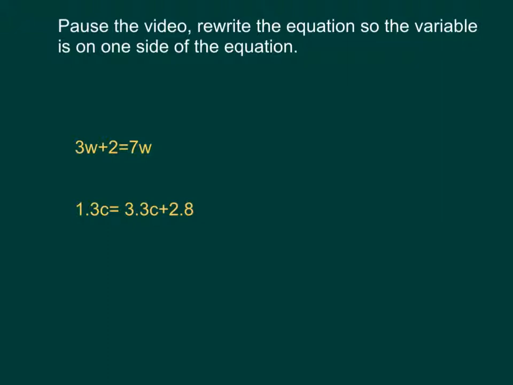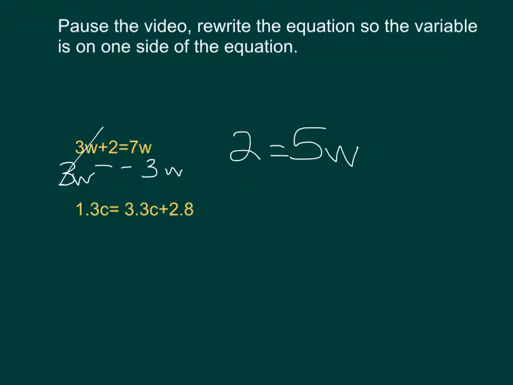So the first example there is 3w plus 2 equals 7w. Well, we know that if we subtract the 7w from the other side, that's going to leave us with a 0, which is okay. But I think the easiest thing is to take the 3w from the 7w. So you subtract 3w over here, you also subtract it over here. So we have 2 equals 5w, and then for the next one you have 1.3c